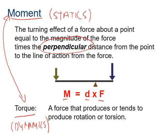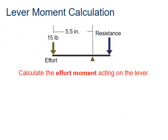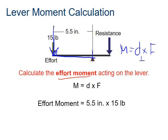We'll go over an example of moments. So if I want to calculate the effort moment, and if I'm using the formula again, moment equals distance times force, where the distance is the perpendicular distance, then my distance from the fulcrum, okay, so if I were to draw this right here, well, notice that the distance from the force is 5.5. The force itself is 15 pounds. So in order to calculate that, moment equals distance times force, I'm going to get an effort moment of 82.5